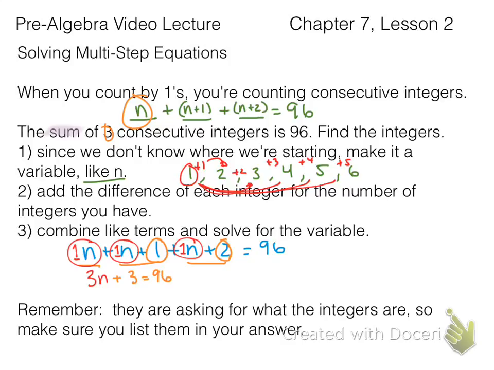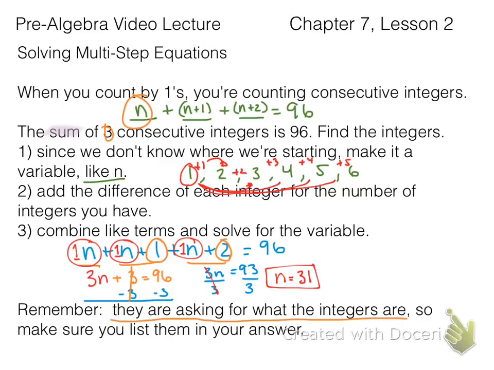from what I learned in the last lesson, lesson 1. Well, I'm going to have minus 3 on both sides. That's going to annihilate the 3, so that's gone. And then I'm going to divide by 3, which is going to annihilate the multiply by 3. But what I do on one side, I got to do to the other, and I'm going to get n equals 31. But remember, they are asking for what the integers are, so make sure you list them in your